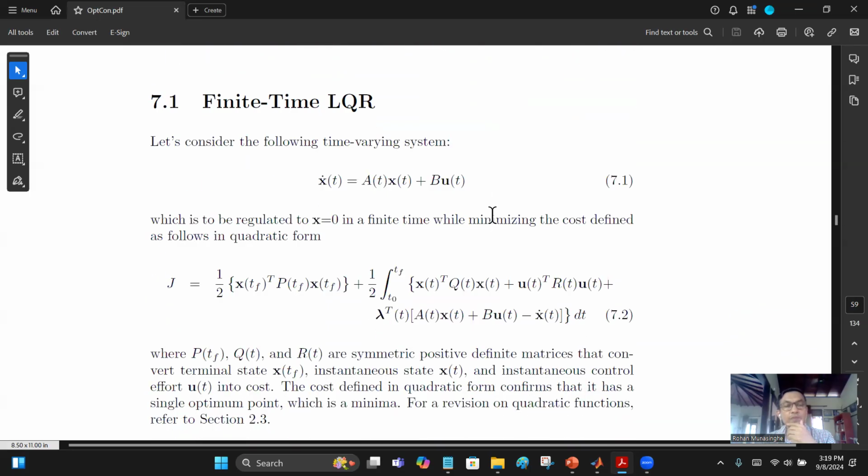Now we will first discuss what is called the finite time linear quadratic regulator, which means, okay, there is a regulator and we want it to regulate the plant in a fixed time. So we give it a time, like in exam, you get 3 hours to finish it. Okay, whether you do it or not is separate matter, but 3 hours is the time. So finite time